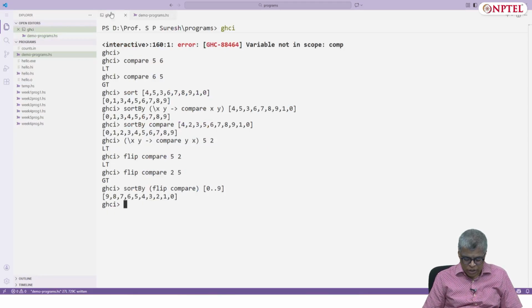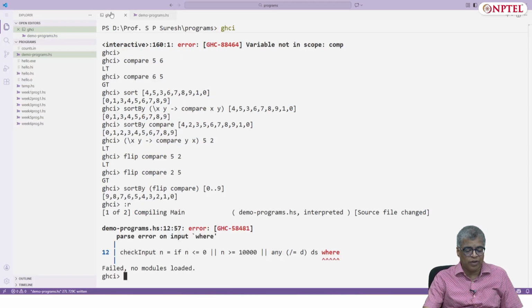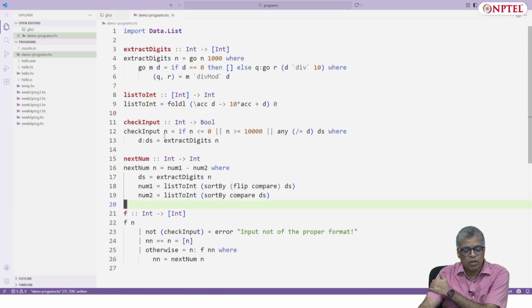Okay, so we have already checked, so let me reload the program. I have an error. What is the error? Parse error on input, where it says, okay, so there shouldn't be any.